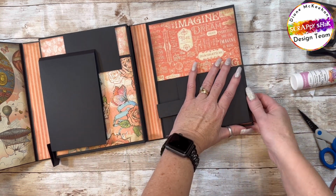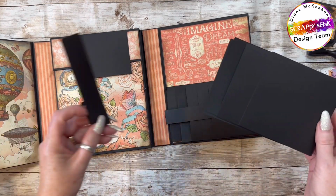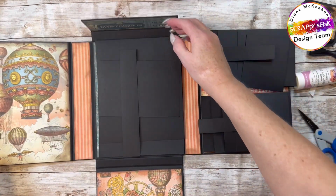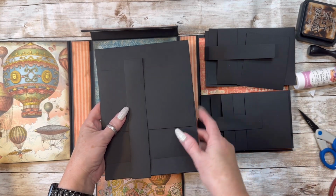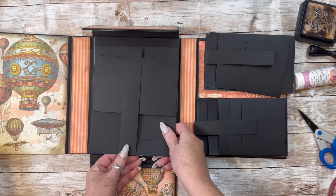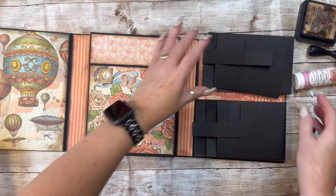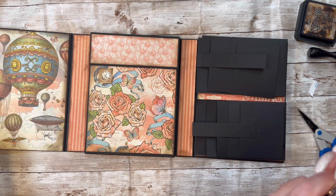So what I will do is go ahead and do the same thing with this one and glue it down. And then we will do the same thing with this big one, and I will glue it down, and then I will show you. And then what I'll do is I'll mat it and then come back and show you also. How fun is this? Man, you could crank these babies out in no time. So let me go ahead and glue all of these down, and I will be right